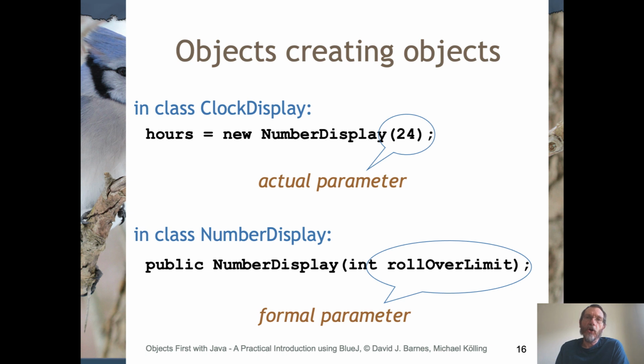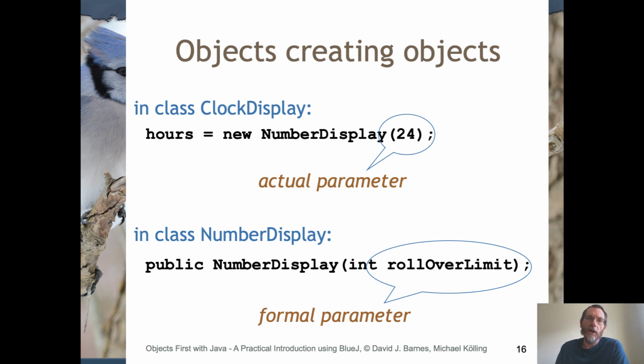So inside the clock display's constructor, that numerical value 24 we call the actual parameter, and in the source code for the number display class, the named parameter, rollover limit in this case, is what we call the formal parameter. So when new number display is executed, that actual parameter value is copied into the formal parameter variable, and then that variable can be used inside the body of the constructor in order to set the limit of that particular